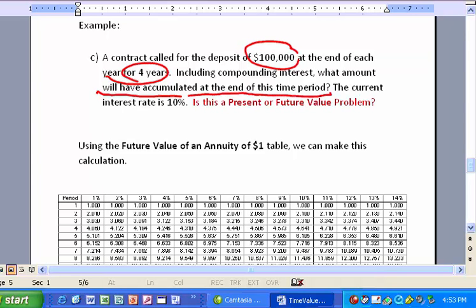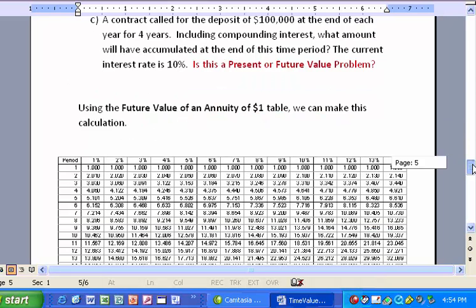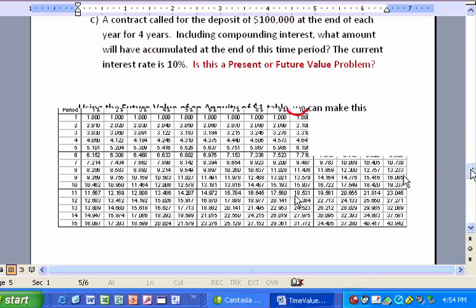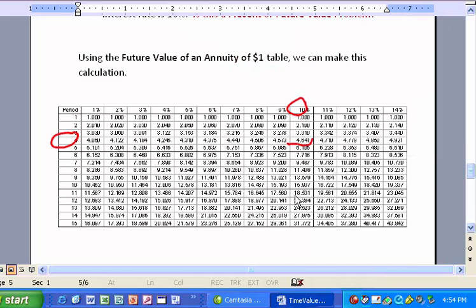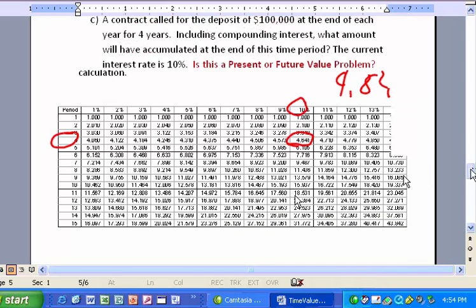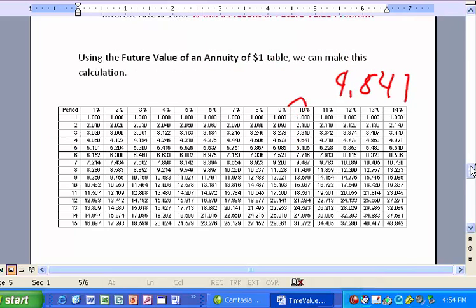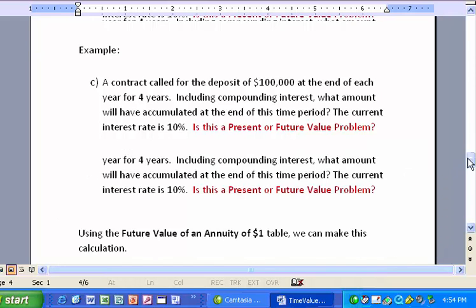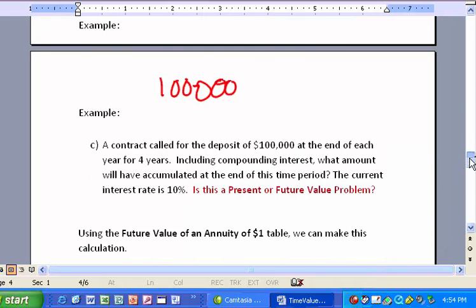So the first question is, is this a present value or a future value? And hopefully what you recognize is this is a future value problem, because they want to know how much it's going to accumulate to. So we've got a 10% interest rate, 4 years. We go down to our tables here. We look at 10% interest rate for 4 years, and that becomes 4.641. So if we take the $100,000 times 4.641, then that is going to accumulate to